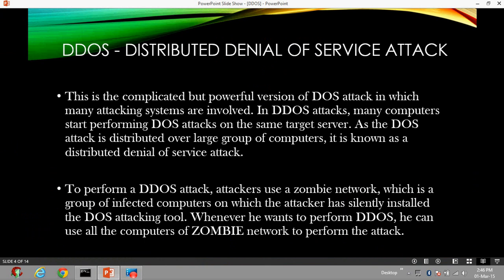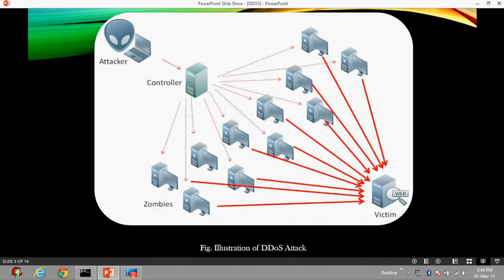Here, what is a DDoS attack? So what happens? There is the attacker. He uses a controller to infect many computers. Then these computers act as zombies to attack the victim and ask the victim to provide them data at the same